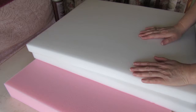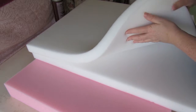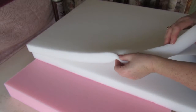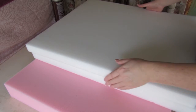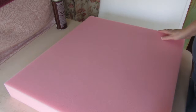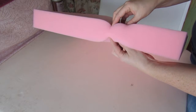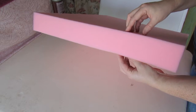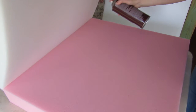I prefer to laminate my seat cushions. This is a soft, very soft foam. It's quite pliable. It's the softest one they do, and I've got that cut at 1.5 inches deep by the 22 and the 26. And then this is the interior. It's a much firmer foam. It's the high density, so I have to push down really hard to make that move so that the spray glue doesn't get everywhere. I hold that at one end like that, and I'm just going to spray